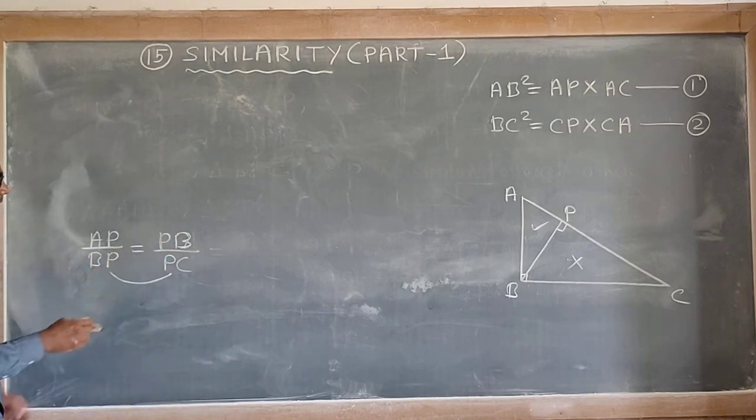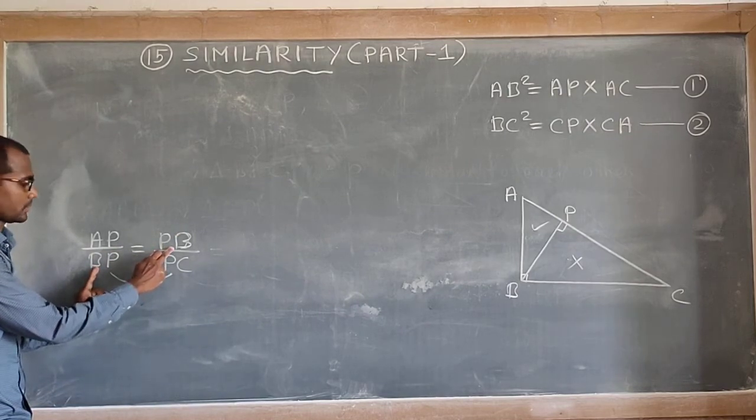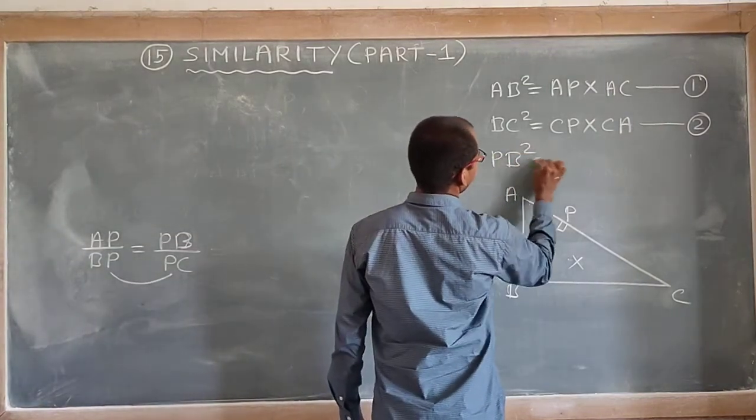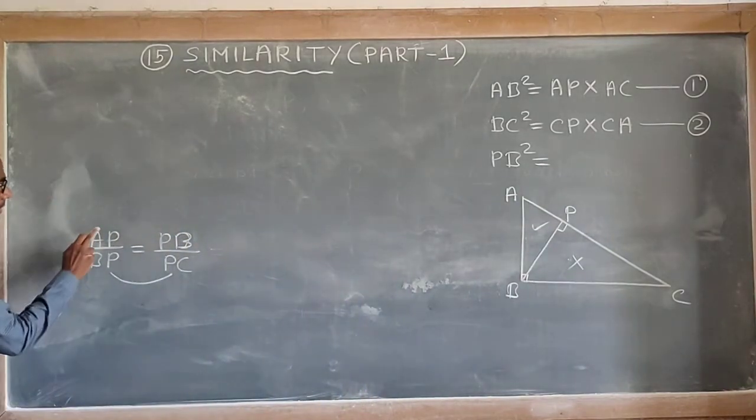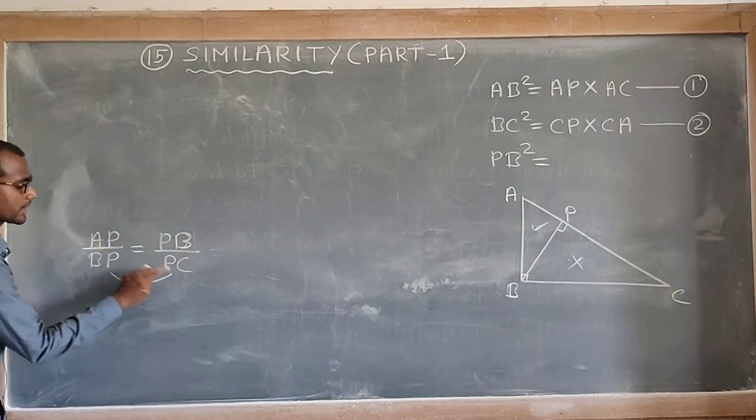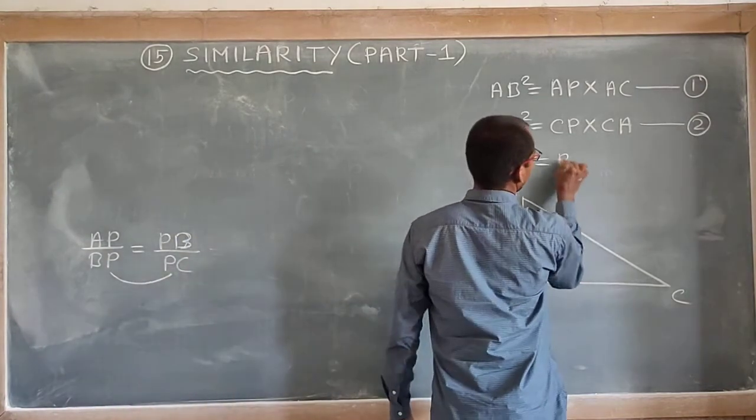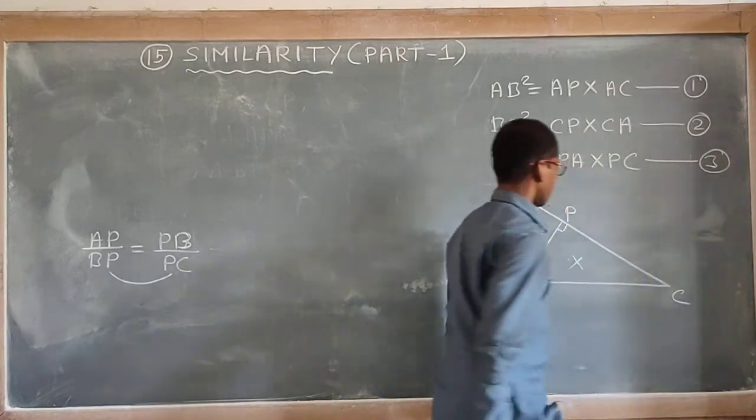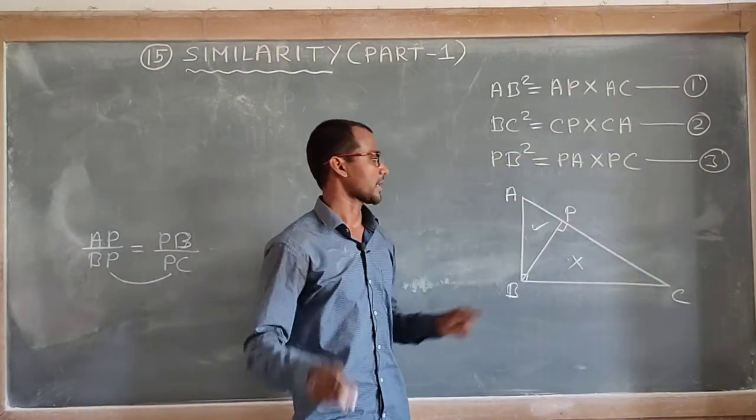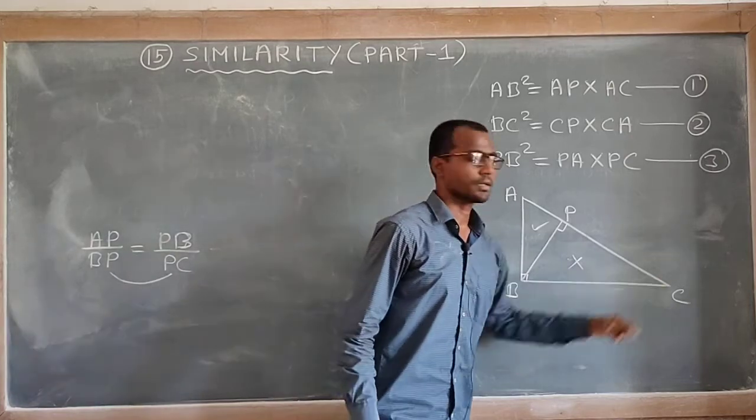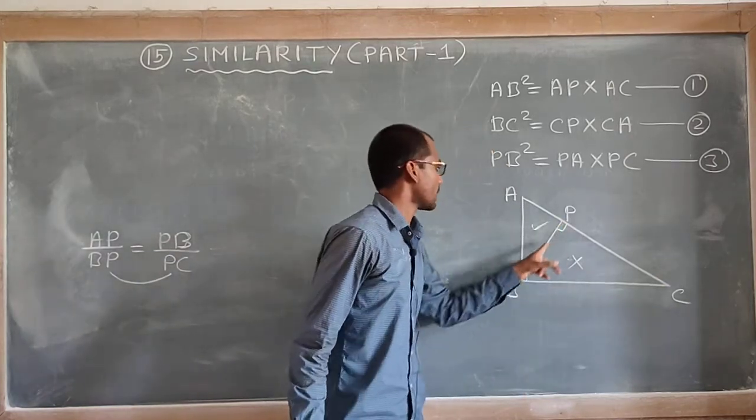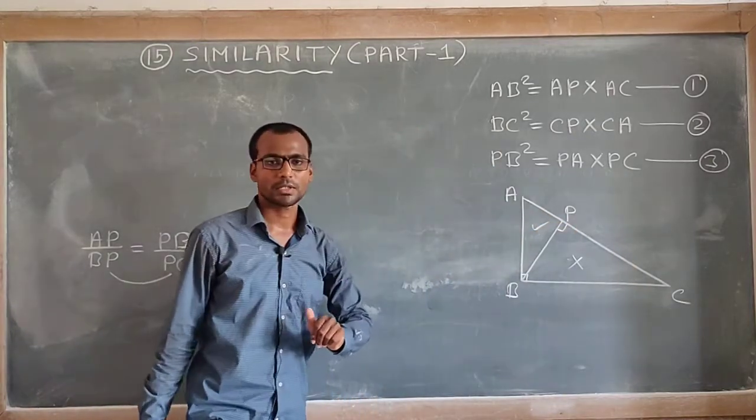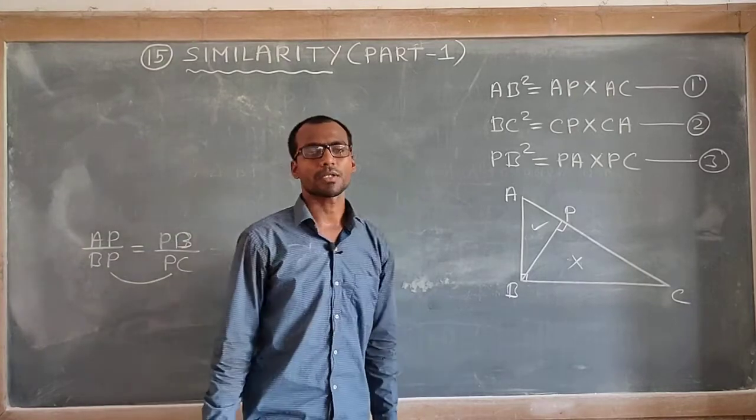Cross multiplying we get PB into PB, means PB square, is equal to AP into PC, or PA into PC. We started from A, then C, then P. So PB square is equal to PA into PC. So these are three important equations which we got. Now from these equations,